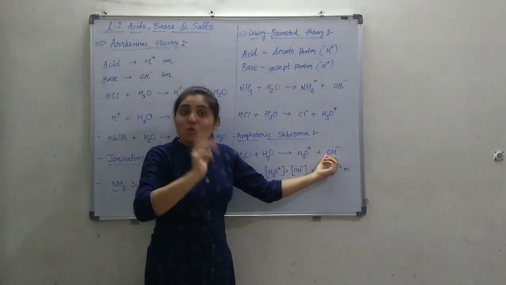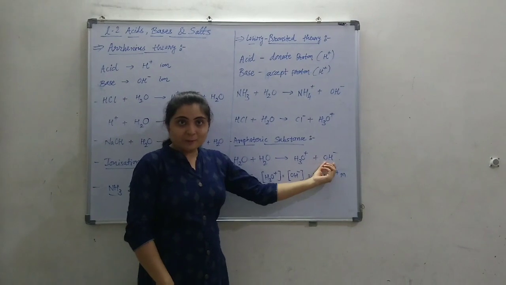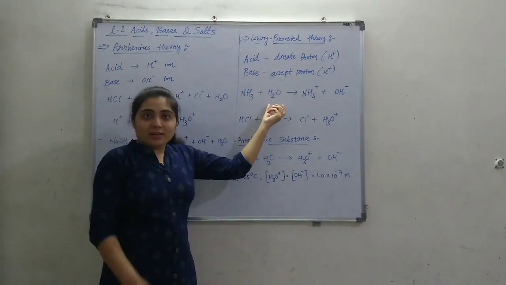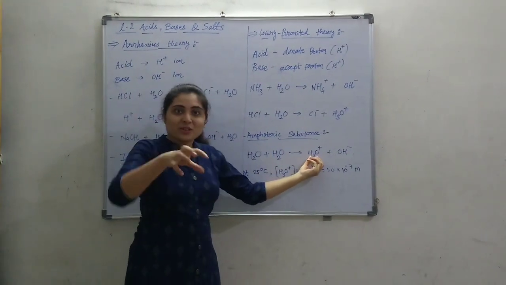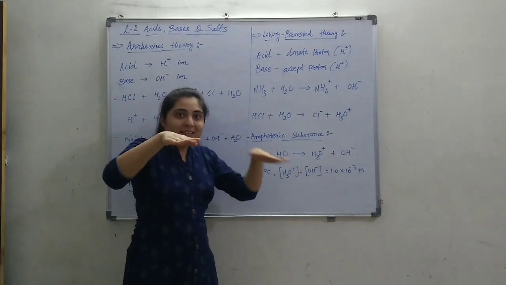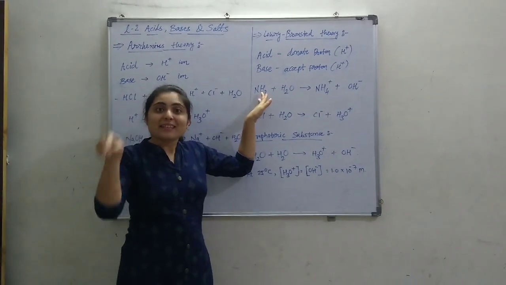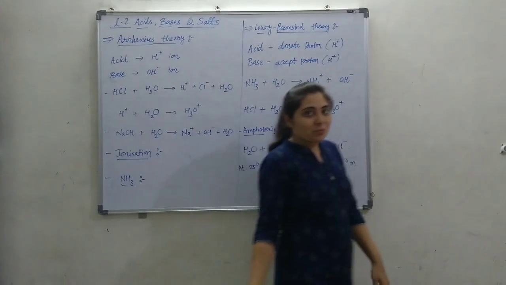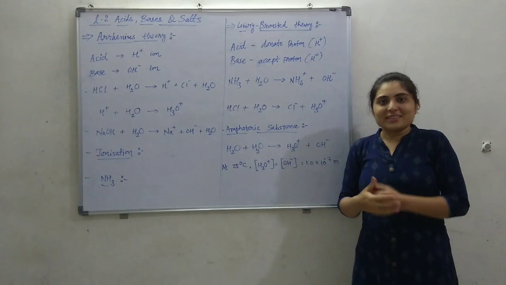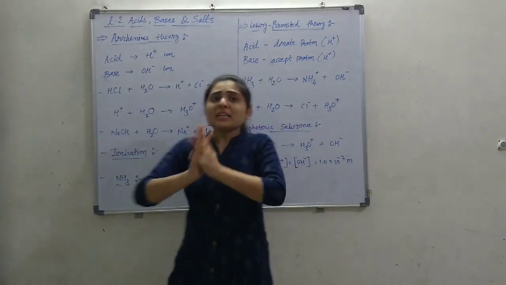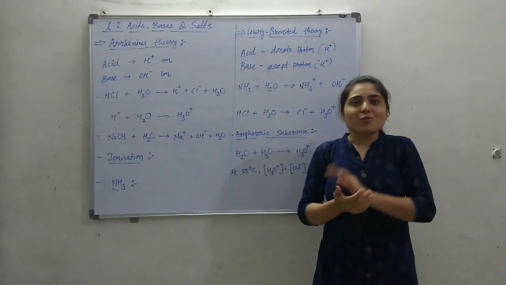And if the base does not have OH, remember here, listen carefully. Like ammonia, H2O has given H plus to it, meaning the H plus is given to the basic substance because it is accepting the proton. So OH is not increasing directly, but H plus is decreasing, so automatically the number of OH increases. That makes it a basic solution. So remember always, in pure water, the number of H plus and the number of OH minus is equal.